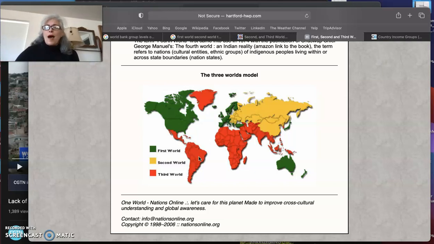Okay, so the map that's behind me on the screen here is the three worlds model. You might have heard of first world, second world, third world. We're going to look at these differing styles of life pretty intimately in the weeks to come, because it's important for us not to just be geographers who look at maps and have sterile information to analyze and talk about, but we're talking about humans in our human geography or cultural geography class.